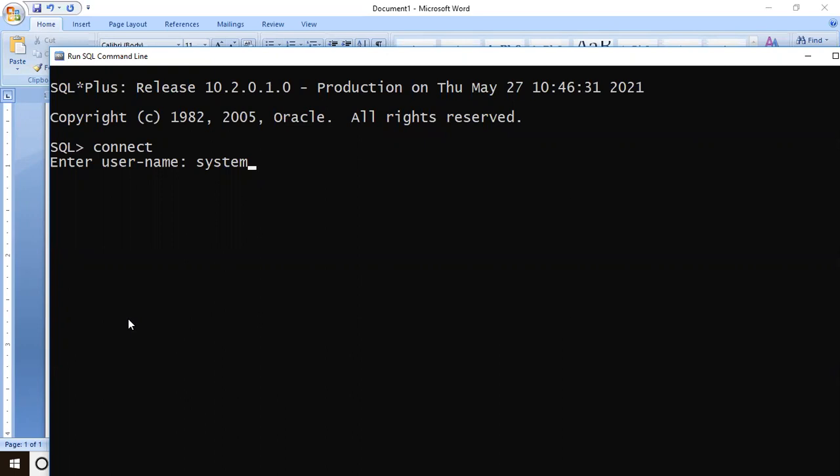Still, note down the steps, because in our practicals you are going to work on this software only. When you type system and press enter, it will ask you for the password. While installing Oracle 10G, we gave the password as GCC. I have typed the password, but it will not be visible, so don't retype it, or it will go wrong. It doesn't show on this screen, not even an asterisk. The moment you press enter, if everything is correct, you will get a message called connected. Done?